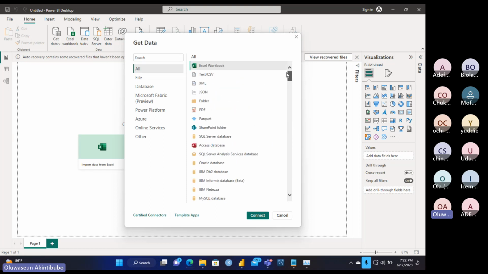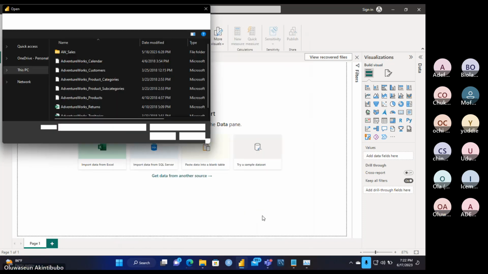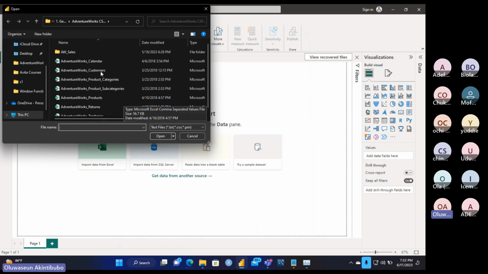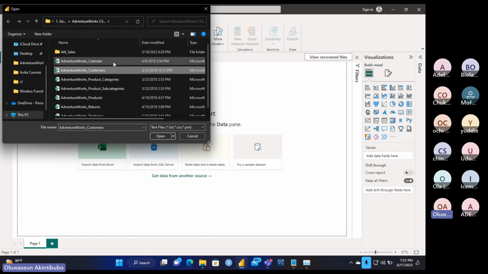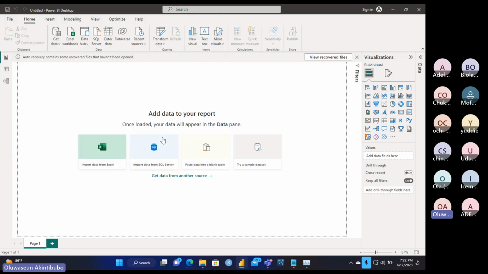So today we're just going to jump right into it. Yesterday I brought in some data. I'm going to click on text. The data that I want to bring in is a CSV file. I'm going to say connect. If I say connect, I'm going to go to customers. Can you see? This is the window where the data is coming from. These are the data that I'm going to send to you. So it's AW, Adventure Works customers. I'm going to say open.